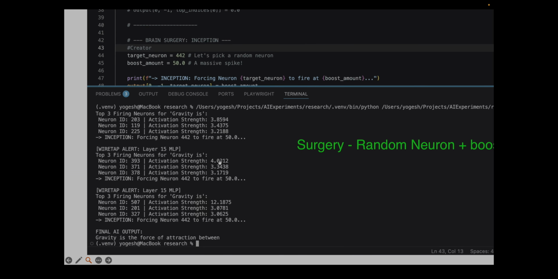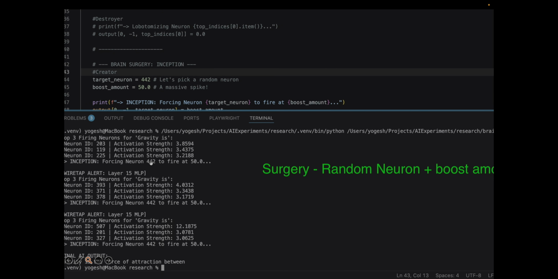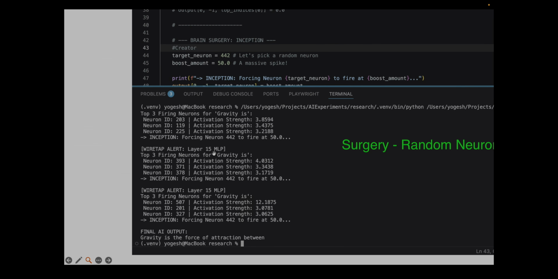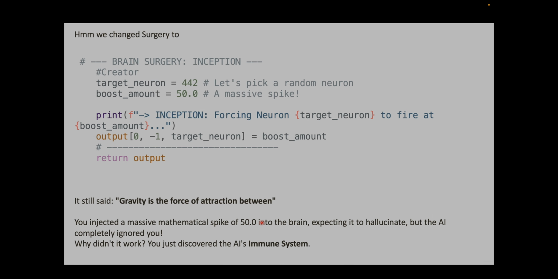Then the top three firing neurons again did the same, and then the final output: gravity is the force of attraction between. So even if I made this 442 neuron the loudest, the output didn't change. As you can see, this is what it was before. It still said gravity is the force of attraction between. So I injected a massive mathematical spike of 50, the boost amount, into the AI brain,